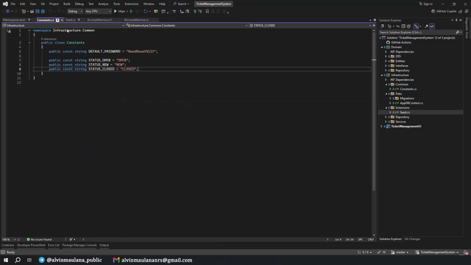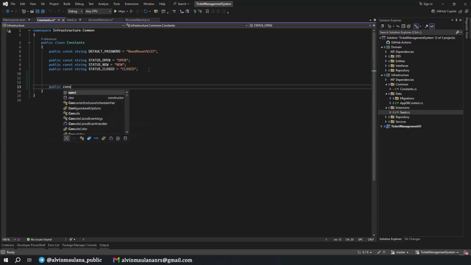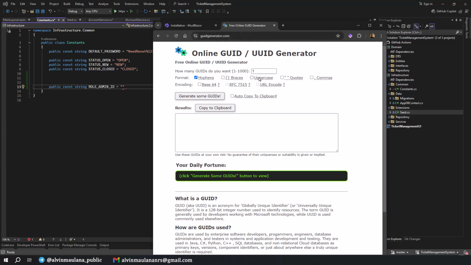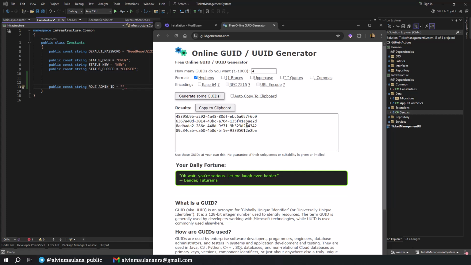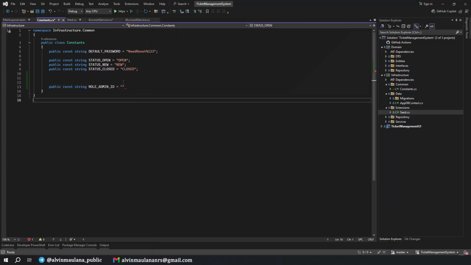So what we have here is a public constant string role admin ID. Okay, just put it like this, and this should be a new GUID. I think I generate it using any service. Okay, there is an online GUID generator. I just generate a random one and then copy.